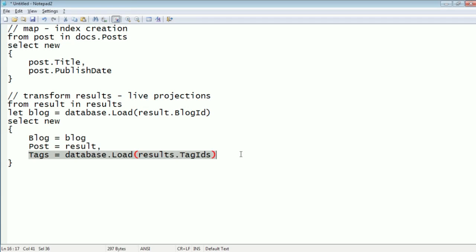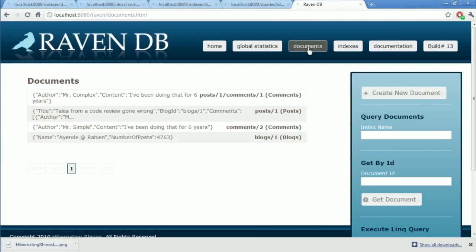Actually, this would be in a relational database a four-way join because we have the association table. And if you have any sort of real data sizes in the database, this would cause a huge Cartesian product. But what we have here is a very, very efficient operation. We only load the information that we need. So yes, you can do joins with RavenDB. I wouldn't necessarily recommend it. You probably want to think about the way that you design your information, the way that you design your system. But this is certainly possible. This is certainly something that we see a lot of users doing.